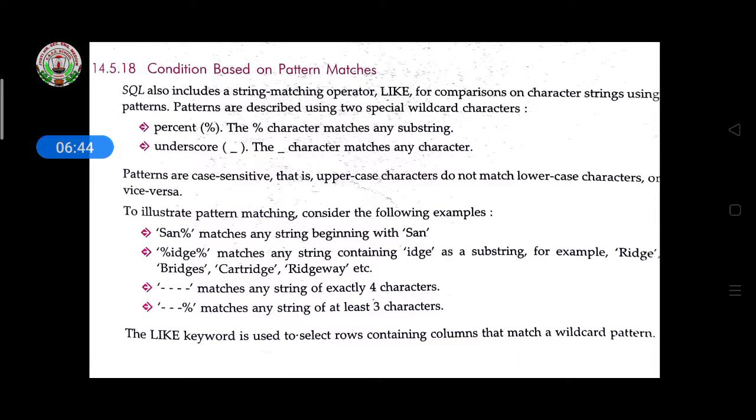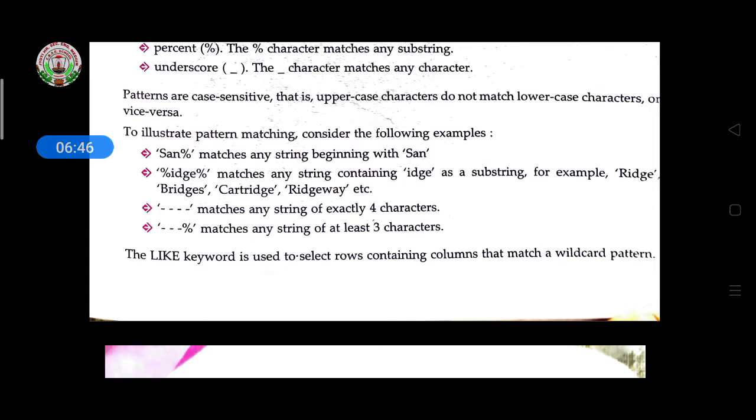To illustrate pattern matching, consider the following example. Suppose you want to search for words whose beginning letters are SAN, then all the content of that particular table starting with SAN will be displayed.